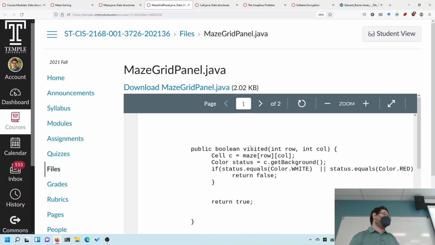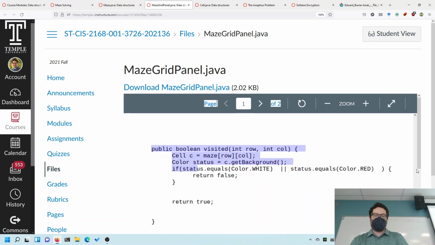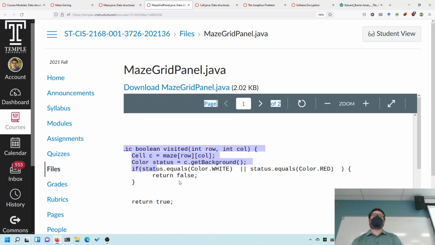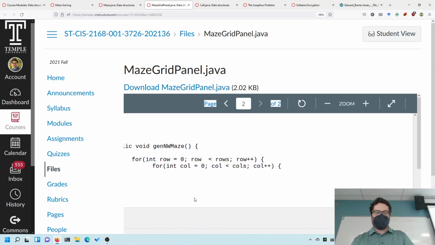Now the cell is just a piece of graphics, a little window. The UI is something I've done. It's very simple. Really all you need to know is that you can get the background of the cell with background.getColor, and as you'll see, set it with background.setColor. So all I do is get the background color and ask, hey, is it white or is it red? If so, it's unvisited. That allows you to mark any other color. Why red? I use red for the ending. So if you get to a red square, you know you've gotten to the exit. That's how I know if you've gotten out.